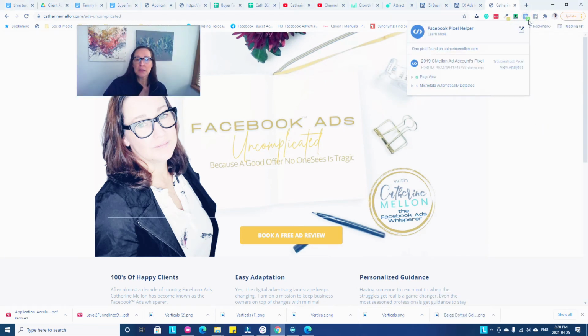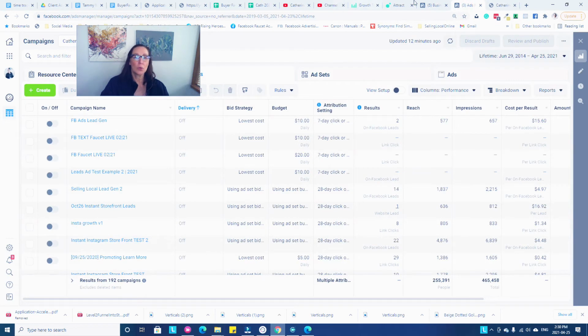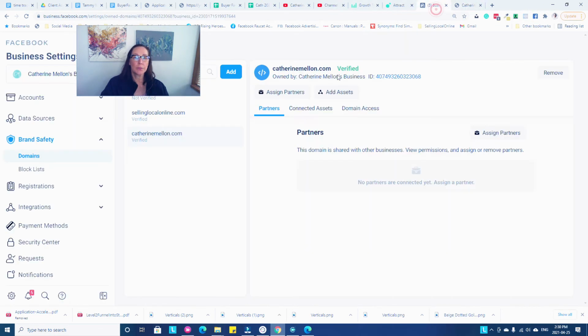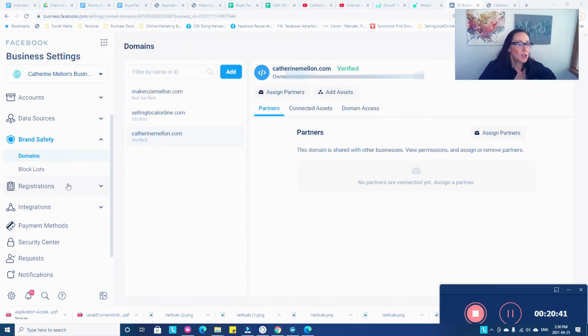There is this little pixel helper. I'm blanking on what it's called, an extension. There we go. It's only available in Google Chrome. So if you're using Safari or whatever else is out there, I don't know, I use Chrome, you are not going to be able to find this. It has to be in Chrome. You come up here, you look, you see the 463 number is the pixel I want. And you're going to come back over to Ads Manager, Business Manager. Okay, so now